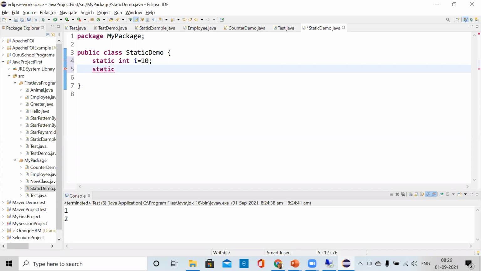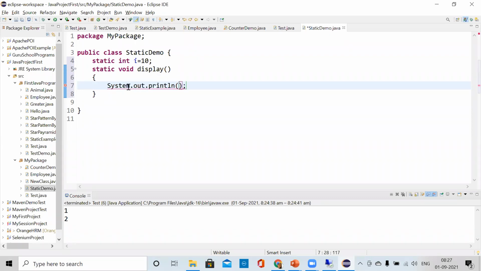Static void a method. Inside that, I will write this dot I. If I try to do this dot I, it will give me the error: cannot use this in a static context.